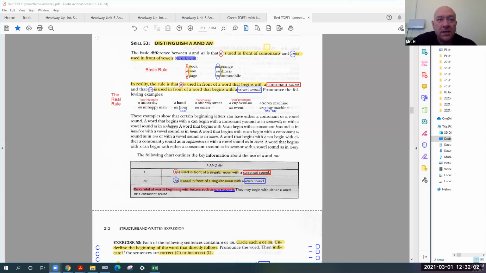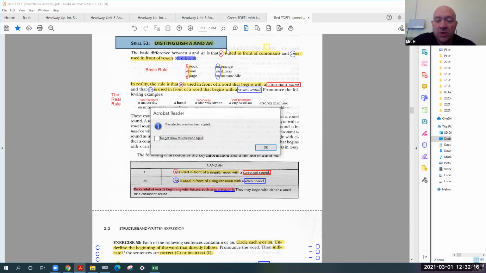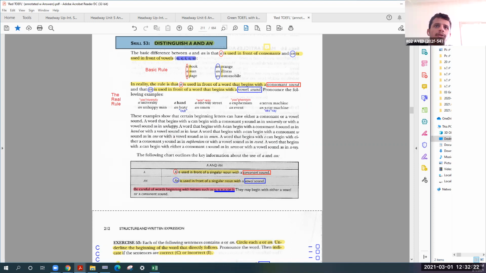Recording. So what skill do you see? Hands up, guys. Let's go. What skill do you see, guys? 53. Yeah. Distinguish A and an. Okay. Ayed, can you read it? Distinguish A and an. The basic difference between A and an is that A is used in front of